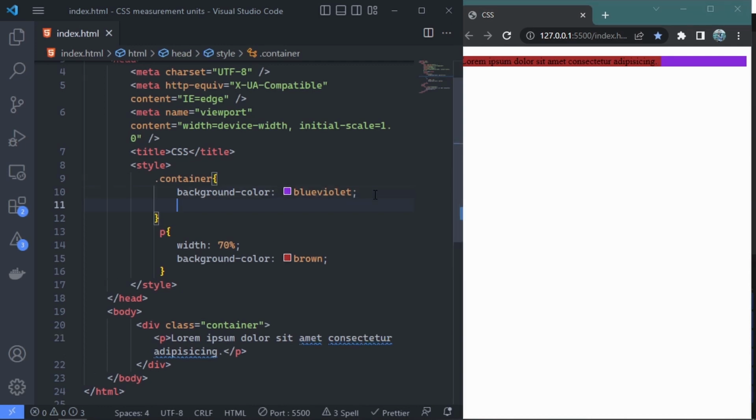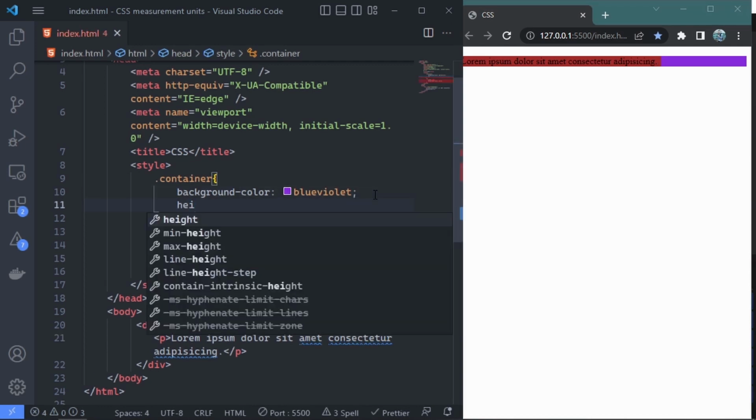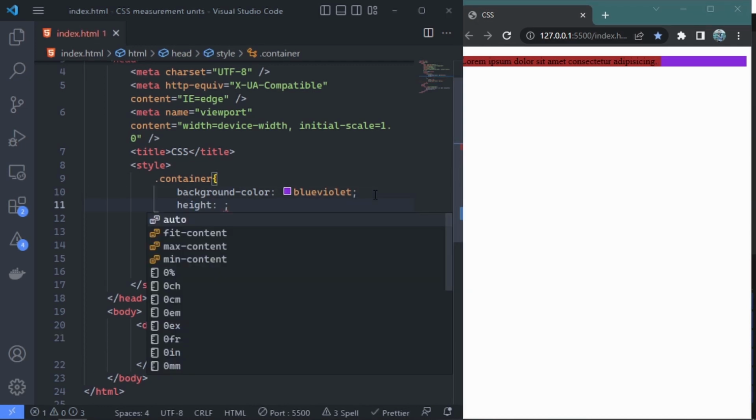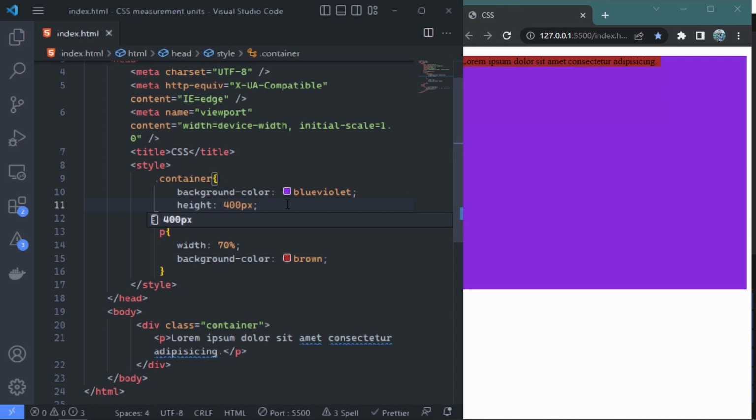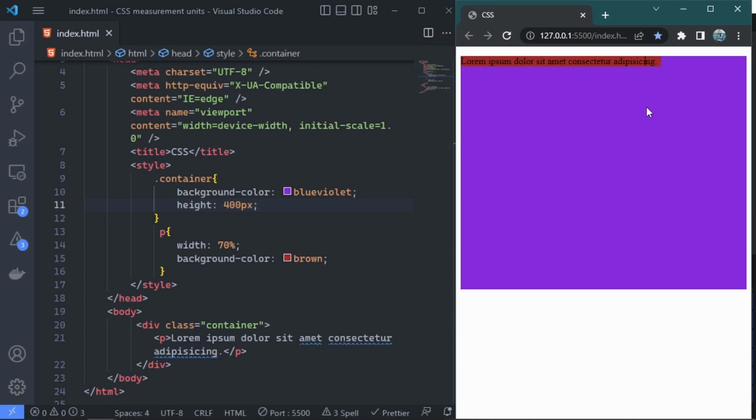Let me give this guy a height for what I want to demonstrate initially. So I'm going to give this man a height of, let me just see, 400 pixels. And okay, this is where things get interesting, because we now have the parent container with a height of 400